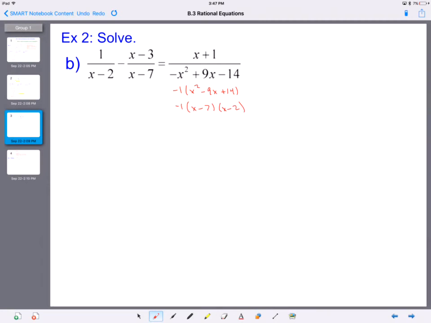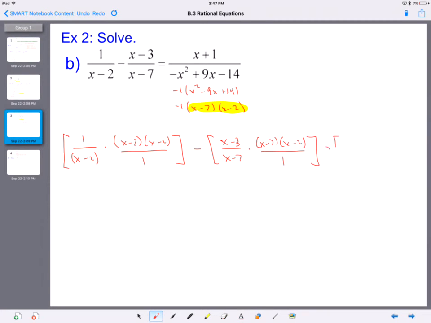The negative 1 you don't need to necessarily worry about because it's not anything that you're canceling. You can use it if you want, but our focus is really on the factors with the variable, which is the x minus 7 and x minus 2. So everything is going to get multiplied by those two factors. So 1 over x minus 2 times x minus 7 times x minus 2 over 1, so you can see how that's going to cancel that one, minus x minus 3 over x minus 7 times your common denominator of x minus 7 and x minus 2